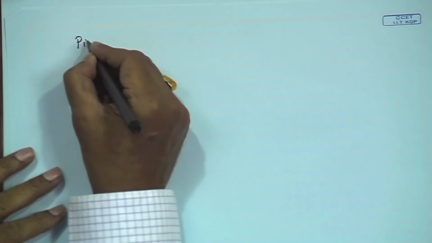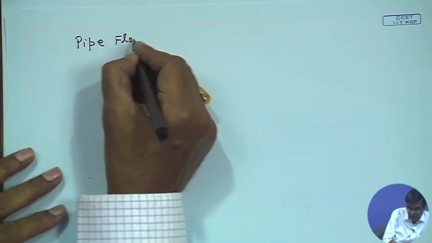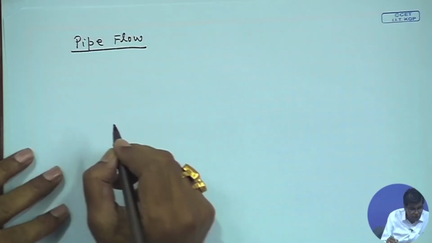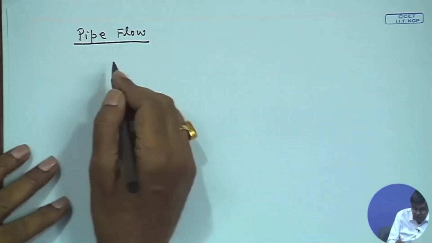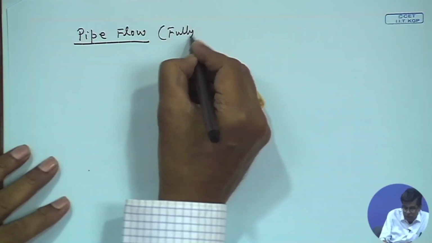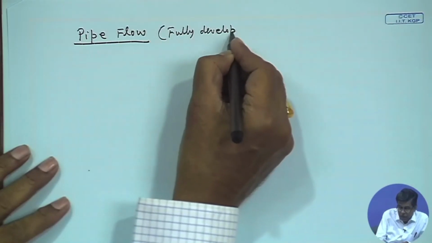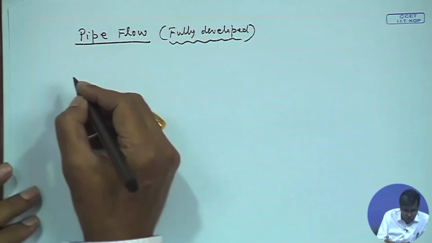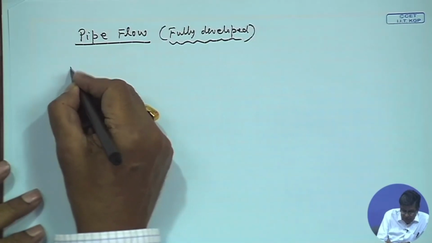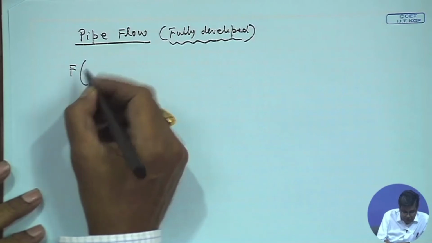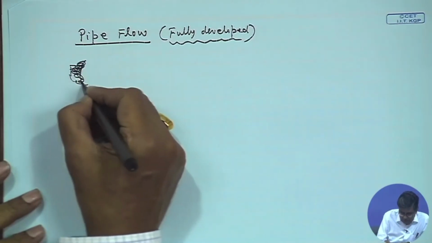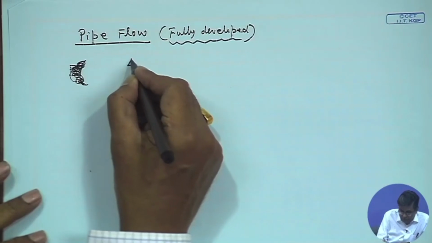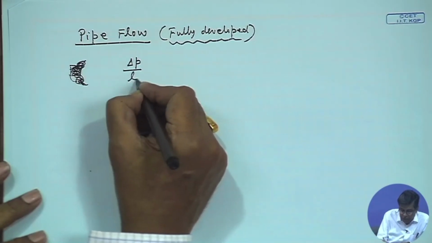Let us have an example. Let us consider the principle of similarity in pipe flow. Let us consider an example of a pipe flow problem. A pipe flow, the fully developed flow in a pipe. Now, this is a recapitulation, that is why I am going a little fast. Fully developed flow, we can express the problem this way, you will be able to understand it better, that in a fully developed pipe flow, pressure drop per unit length of the pipe